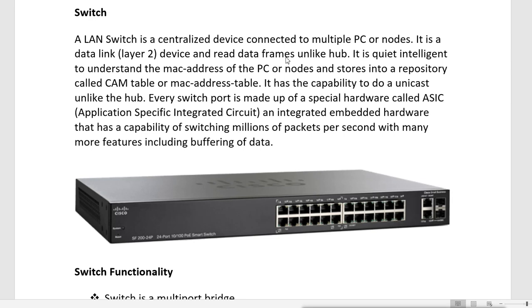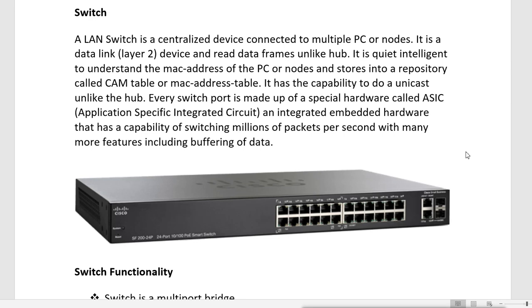A switch is quite intelligent and understands the MAC addresses of the PCs or nodes, and it stores them in a repository called the CAM table or MAC address table. It has the capability to do unicast. Unlike the hub, every switch port is made up of special hardware called an ASIC, an application specific integrated circuit, an embedded hardware that can switch millions of packets per second, with many more features including buffering of data.